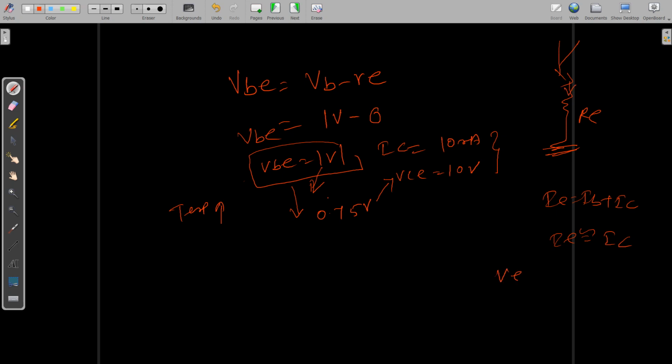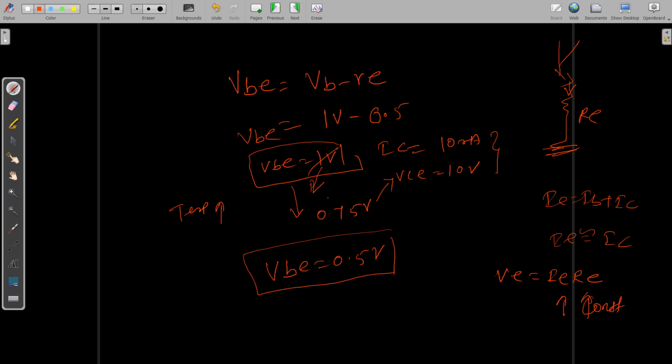So what is my V? V equals IE into RE. RE is a constant. Now IC increased, your IE increased, and because of that, your V will increase. Let us say your earlier V was 0, at that time VB was 1 volt. Now, because of temperature, your IB increased, your IC increased, and therefore IE increased, and because of that the voltage across the emitter terminal increases. So let us say it is now 0.5 volts. So I can see now that the input VBE becomes 0.5 volts.